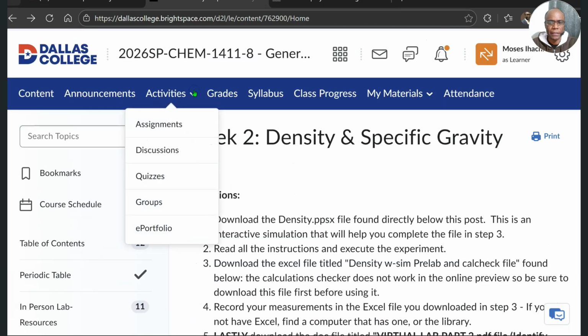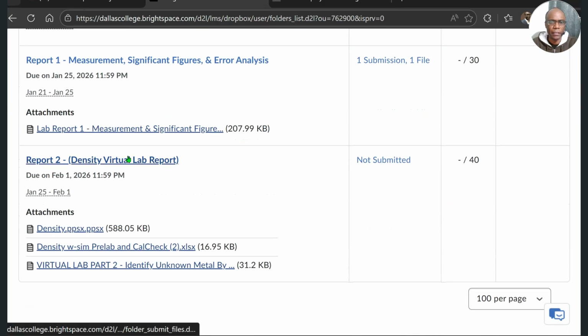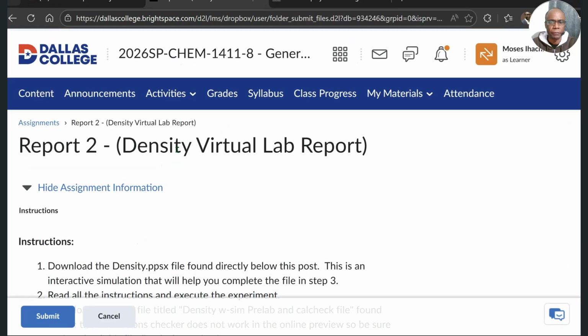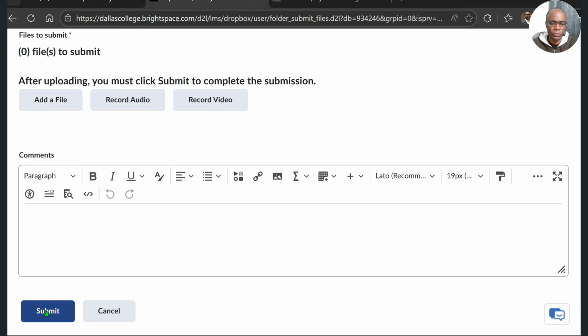So if you go to activities, then assignments, then click report 2. This is where you're going to be attaching the 3 files. You add file, finish, and add the second one, finish, add the third one, finish. Be sure to hit submit. If you don't click submit, I will not receive it. Again, you have to upload 3 files before you hit submit. Don't submit 3 times. Upload file 1, upload file 2, upload file 3,